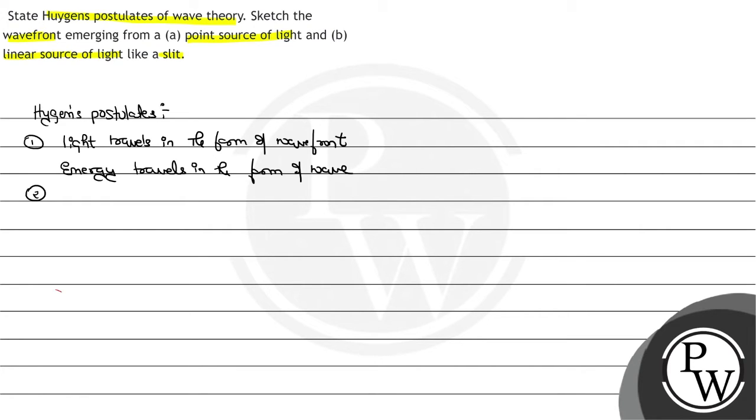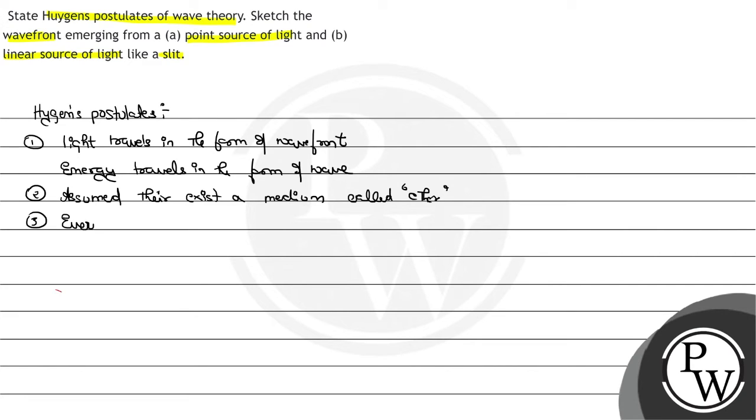दूसरा, अगर वेव्स है तो वेव्स को ट्रेवल करने मीडियम की जरूरत होगी। तो हाइगन्स ने असयूम किया कि there exists a medium called as, he named it ether. This was considered by Huygens to justify the propagation of light in the space. And third assumption is